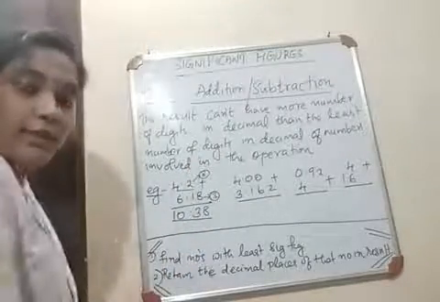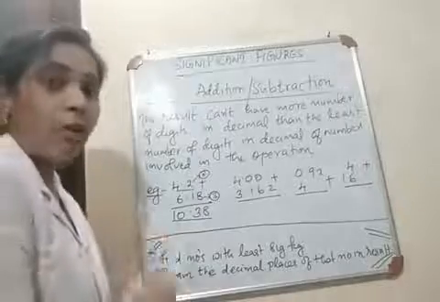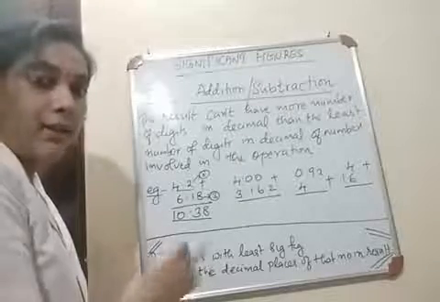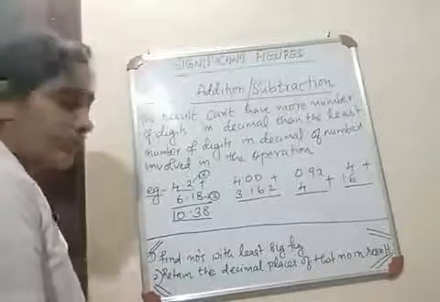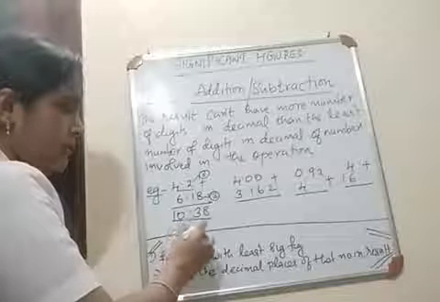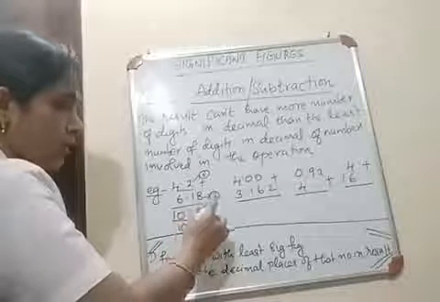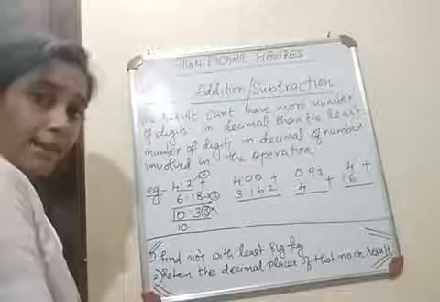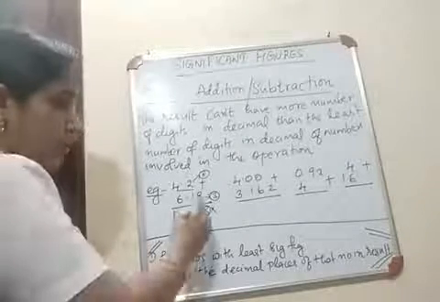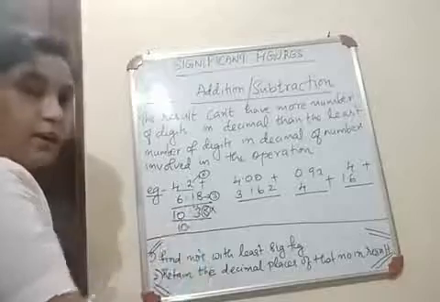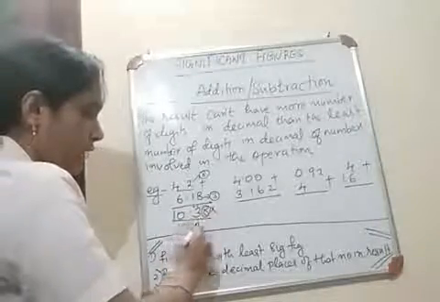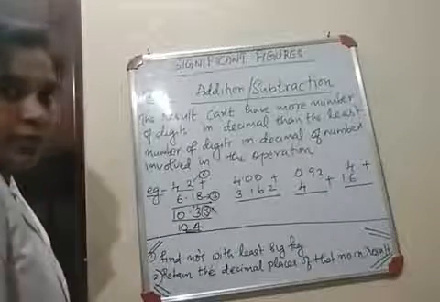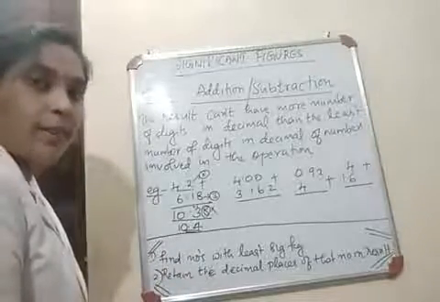So you need to round off here. Why? Because in the result we have two decimal places, 3 and 8. So you need to round off so that the result contains only one decimal place. So how will you round off? Here 10 point. After this, that means you need to omit this 8. So after 3, which digit is that? 8, which is greater than 5. So if it is greater than 5, you need to add plus 1 with this 3. So when you round off, you will get the value as 10.4. So this is the actual value. You need to round off to the proper decimal places.